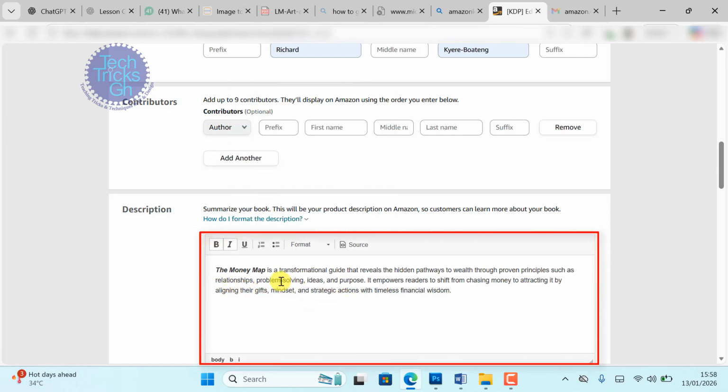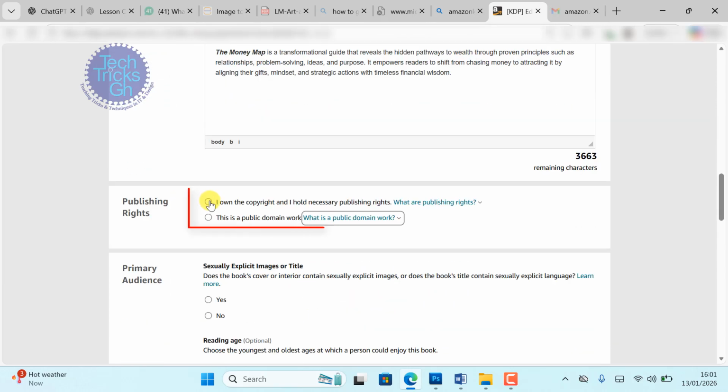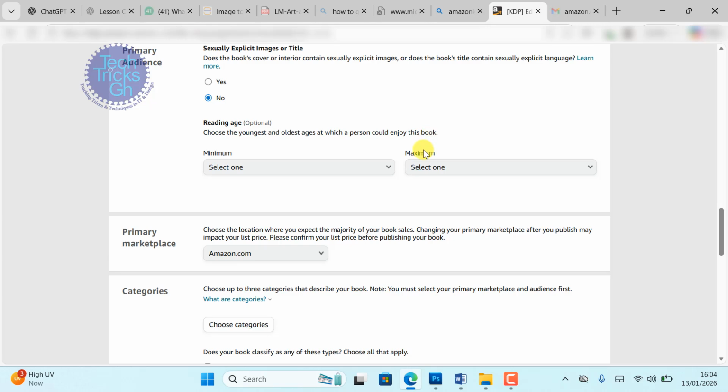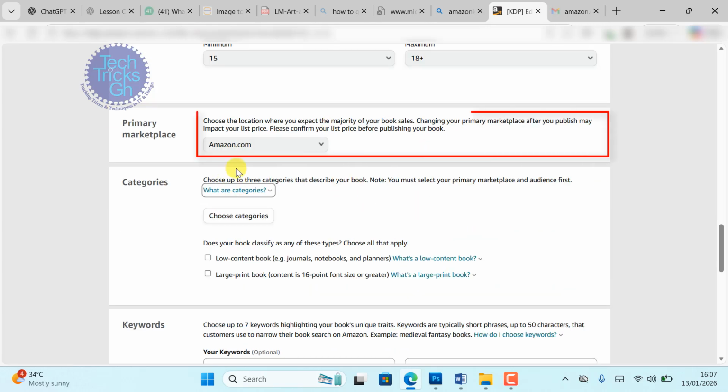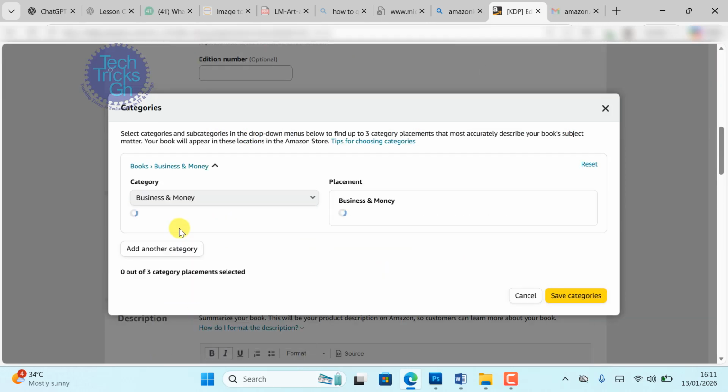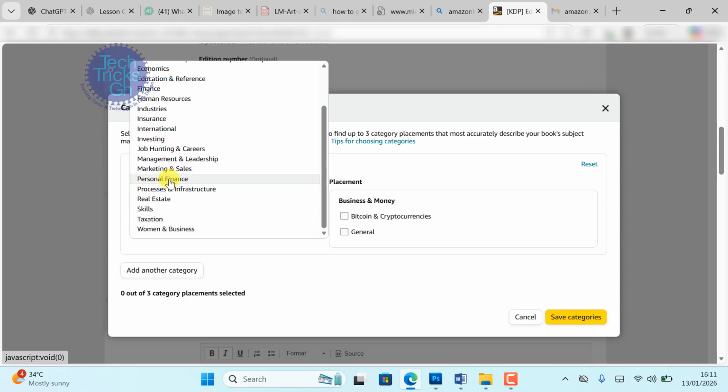Select I own the copyright and hold the necessary publishing rights. The book does not contain sexually explicit content, so select No. Optionally set the reading age range from 15 to 18 plus. Keep the primary marketplace as Amazon.com. Under categories, choose Business and Money, Personal Finance,